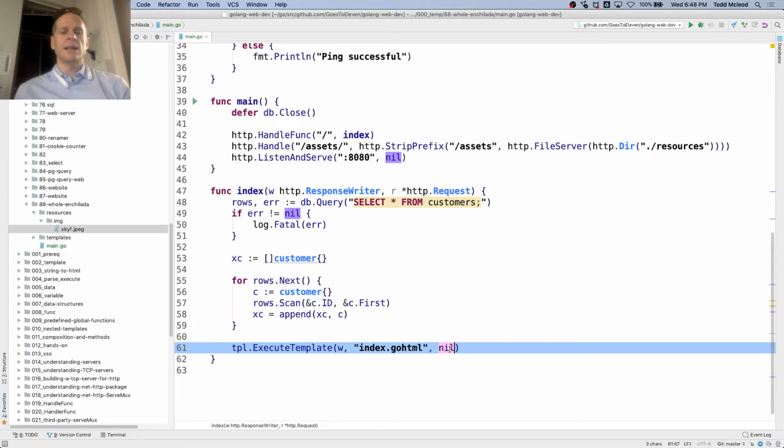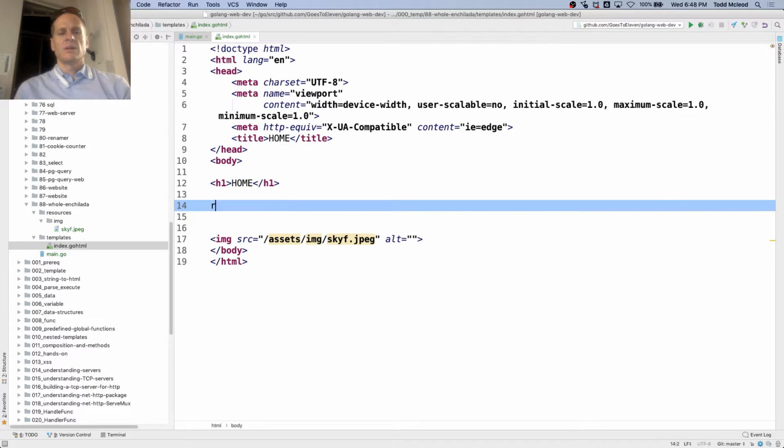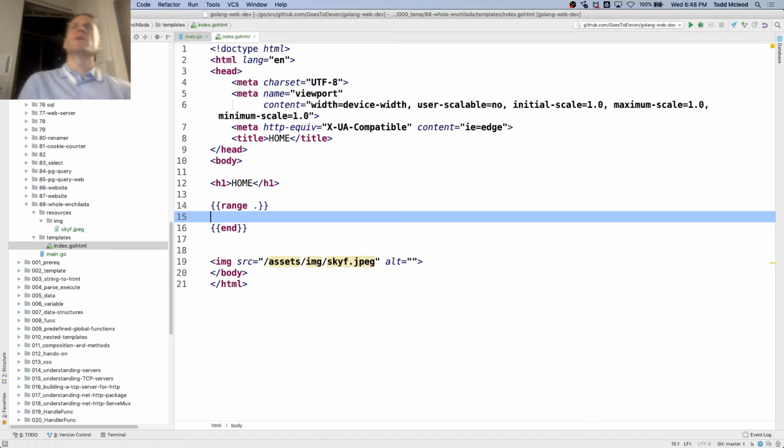And then I'm going to pass in XC to my template. And in my template, I'm going to range over the current piece of data. And when I range over it, that's going to be